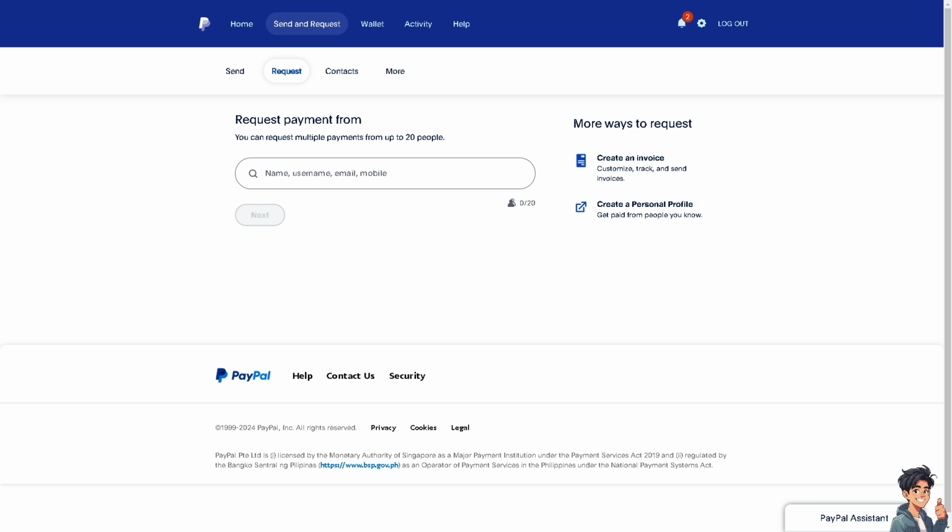If you're using a personal or a business account, that's a separate entity. Now, if you wanted to fund your PayPal with a separate debit card that is associated with your business account, all you have to do is type in the name of your account. In my case, that's going to be the owner of the channel. Enter that, and of course,